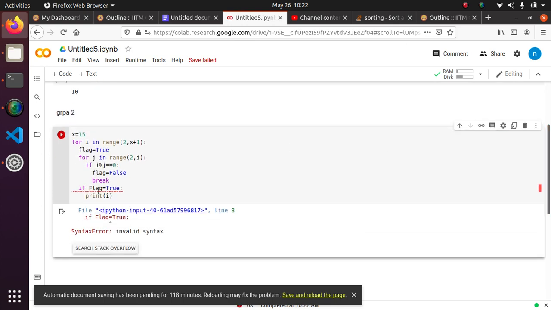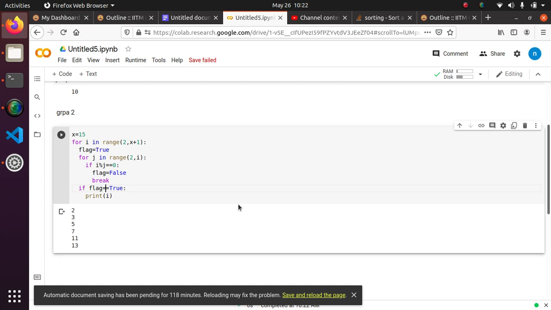There is an error. Capital F. Actually, I am using Google Colab, so this is very convenient here. See how many mistakes I'm making. We could do it like this, or simply flag itself is enough.